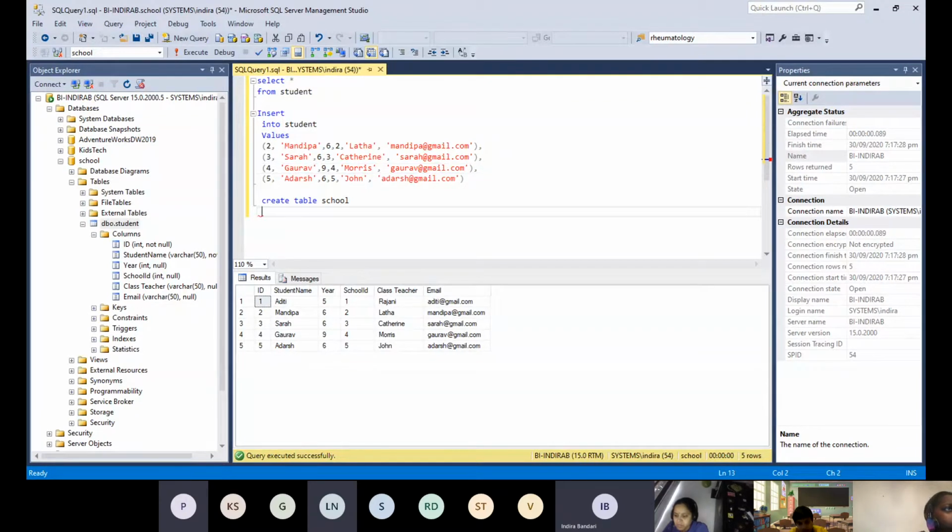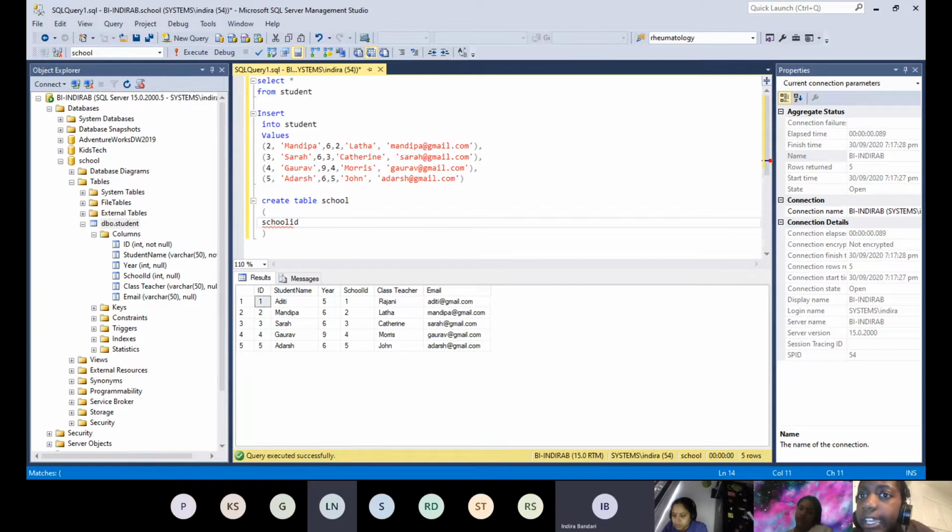Okay, yeah. Okay, so here I am creating the school table, which you already have created. I am giving the school ID. What is the data type that it should be? It should be integer. Int and not null. Okay.